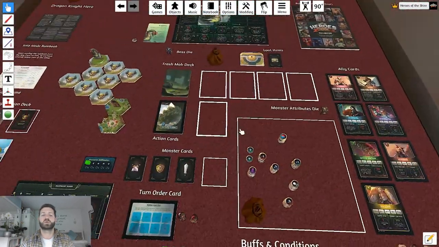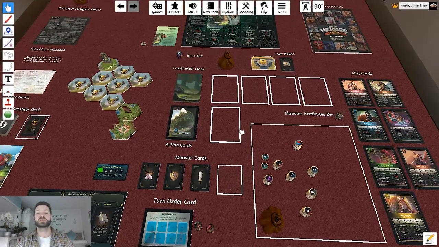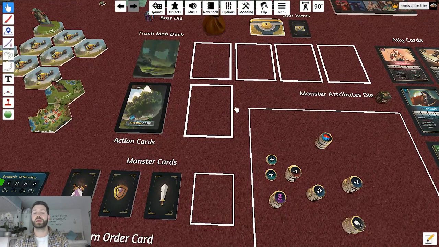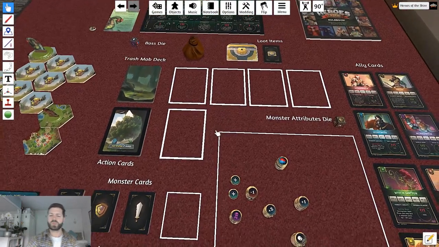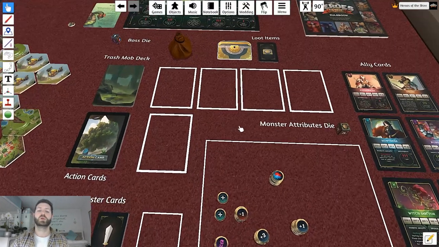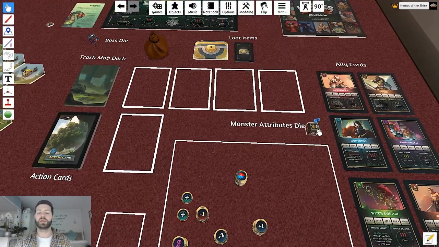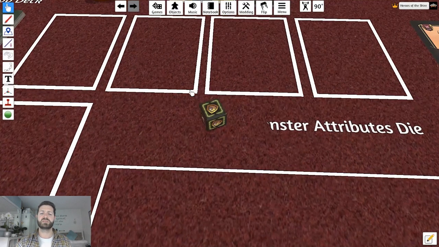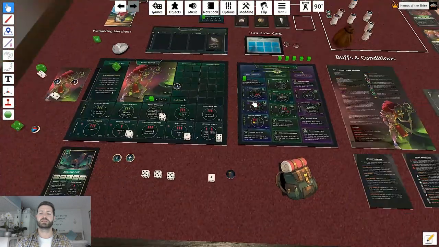Okay, so just before I move on, I made another small error earlier. I don't play a huge amount of solo, so bear with. As I summon those enemy monsters, what we were supposed to do was roll the monster attributes die. So let's give that a quick roll now, and then I'll explain what this does. So it's landed on the defensive icon. So that means